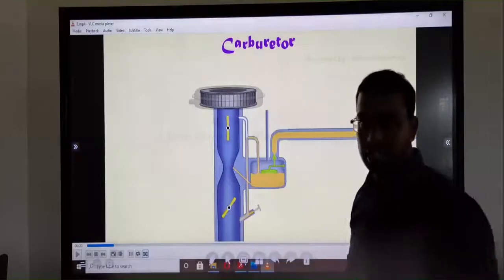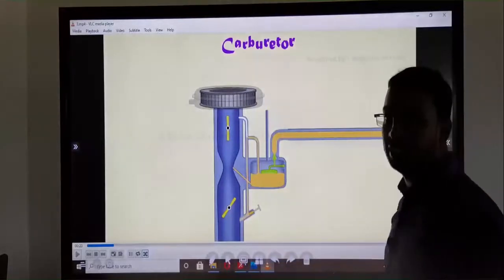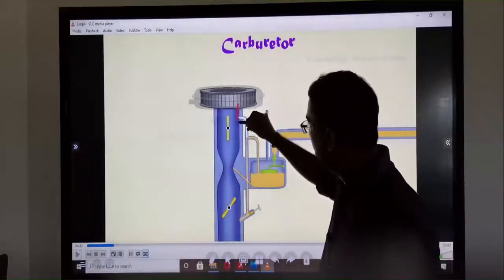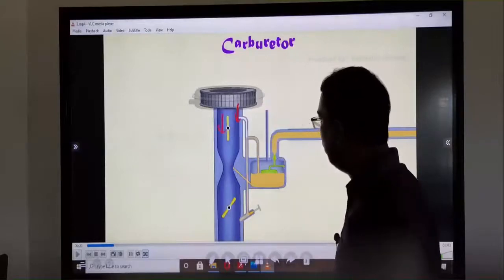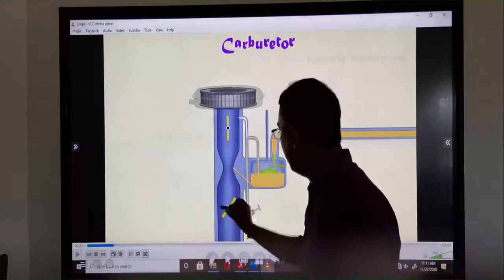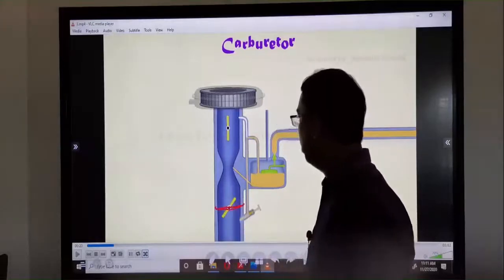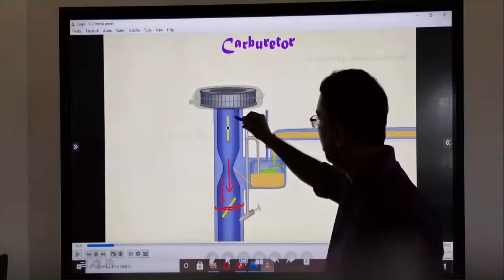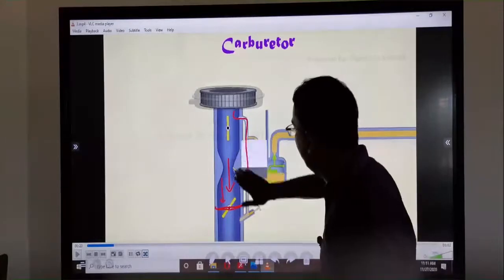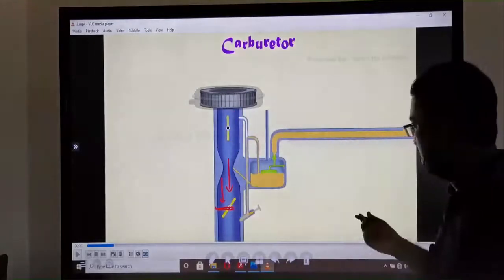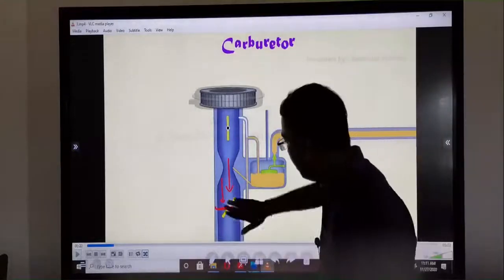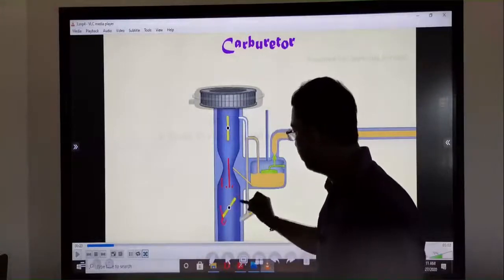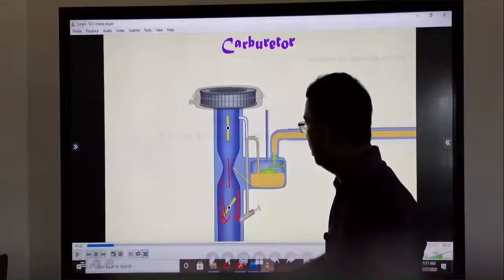After we start putting a gear, or the vehicle starts to move, how is it achieved? In the normal condition, as I already told, this throttle valve is fully closed, so there is no air mixture coming through this line. Only the air fuel mixture uses this line. After we start the vehicle with motion, this throttle valve starts to open. So at that time there is a way for the mixture to come through this way.